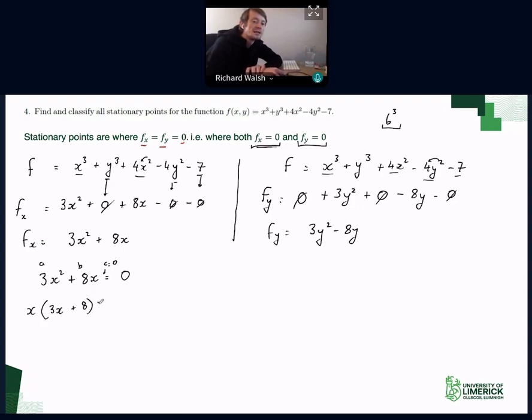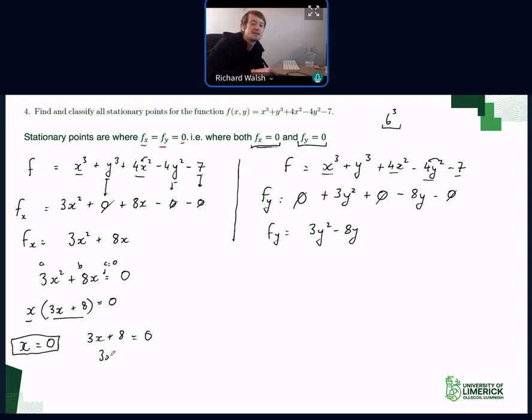Take out x. And then if two things multiply together and equal 0, well, one of them has to be 0. So we let both of them be 0. So x is 0, and 3x plus 8 equals 0. That's one x value anyway. And the other one, 3x equals 0 minus 8, which is minus 8. So x is minus 8 over 3. So there's two x values